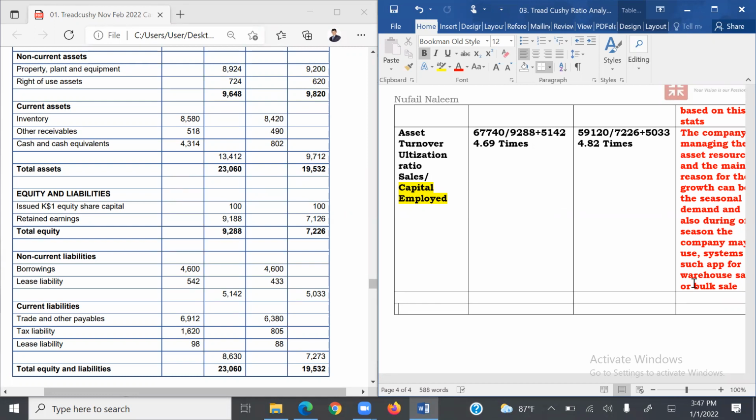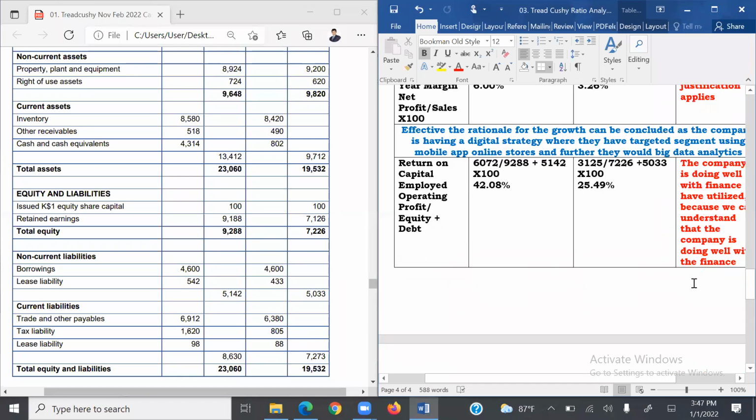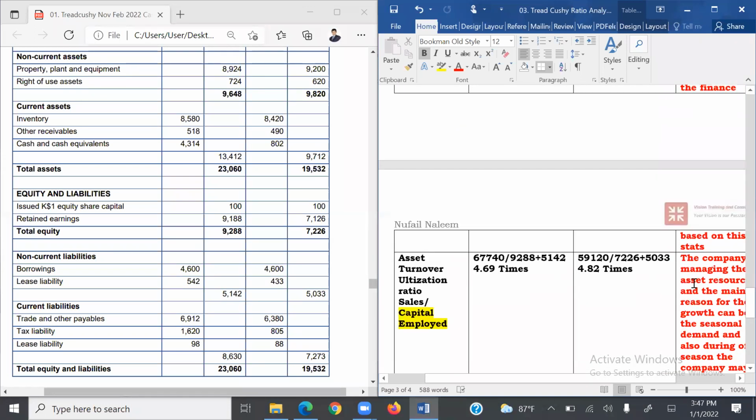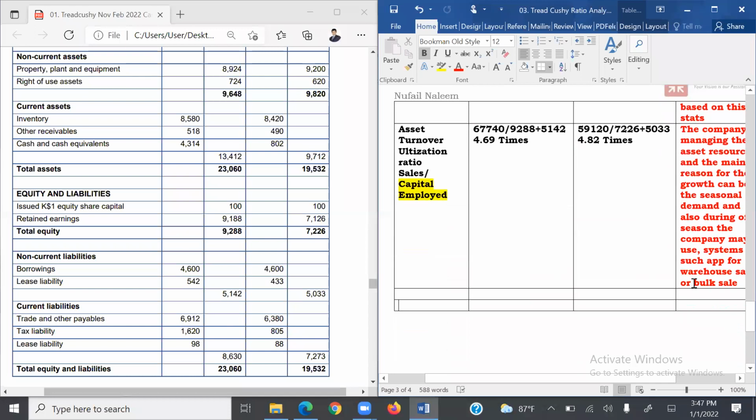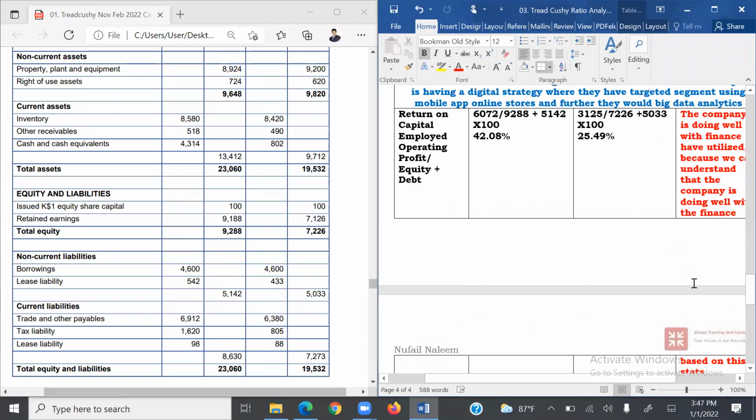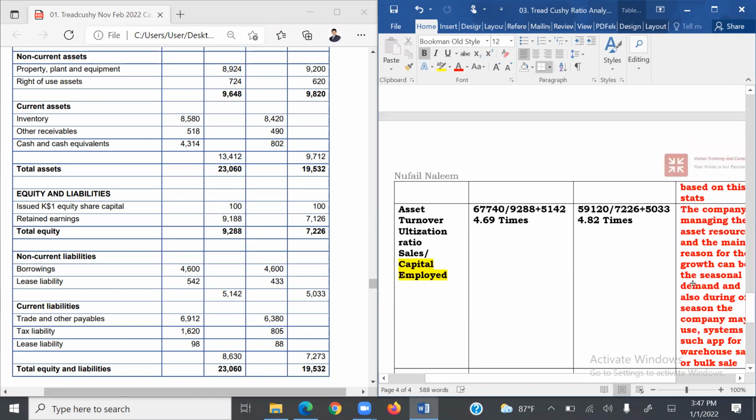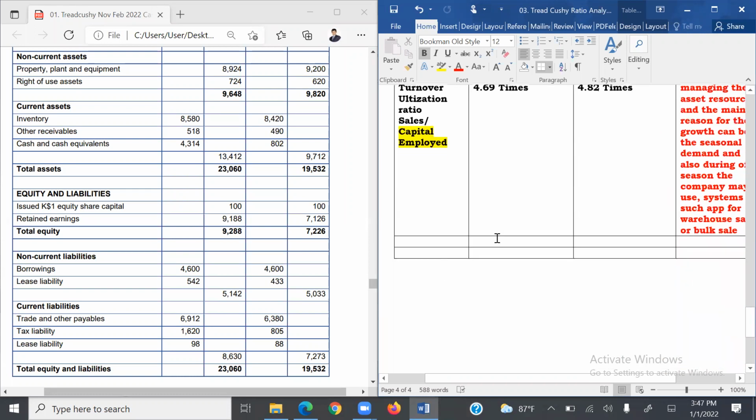Before we move forward, students, I just want to ask you a question. Any doubts, any issues you have, you can ask me. But do you see, students, the ROC is perfect? Do you see, students, the asset turnover is also perfect? So if you see turnover and ROC, returns, profit margins, all are returns. So the effective conclusion, once again, students,